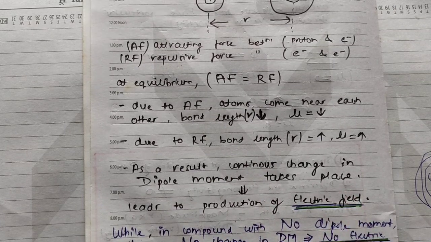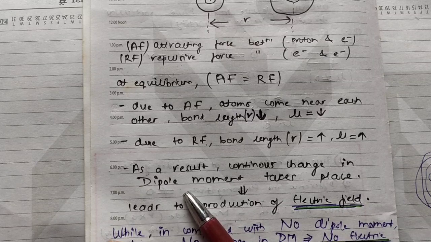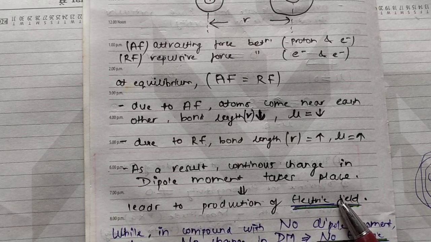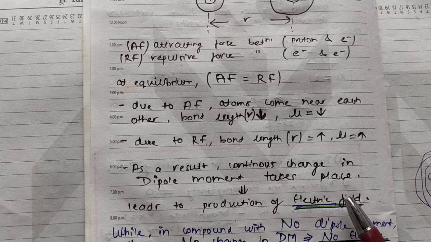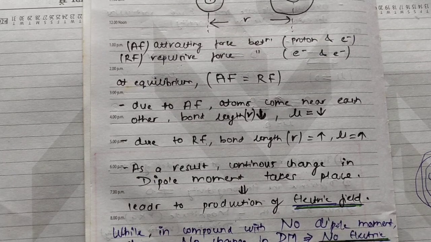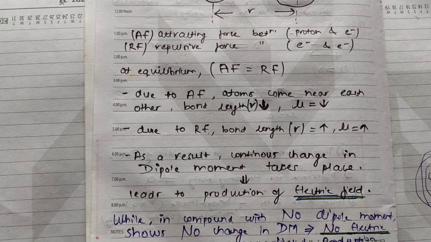Okay, the dipole moment continuously keeps on changing. So due to this change in the dipole moment, there will be the production of an electric field in a molecule. So what we come to know is that all dipole compounds, all dipole molecules, have their electric field. If anybody asks why they are having the electric field, it is because the dipole moment is not remaining constant, it keeps